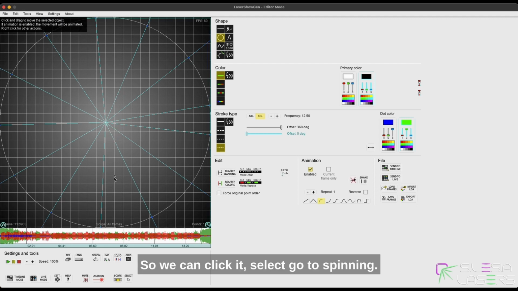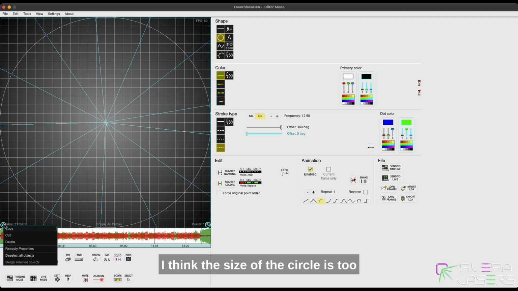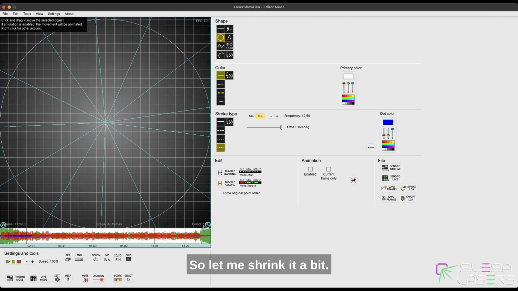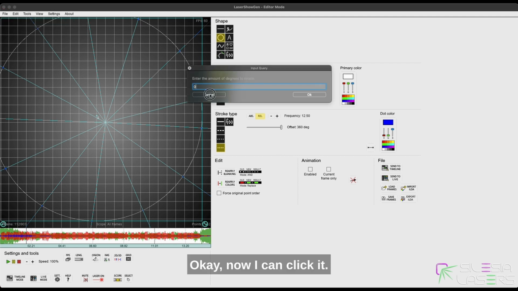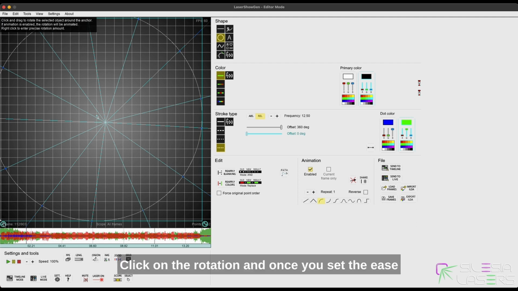So we can click it, select, go to spinning. I think the size of the circle is too big, and I can't click on this button. So let me shrink it a bit. Okay, now I can click it. Okay, let's go with the animation. Click on the rotation,